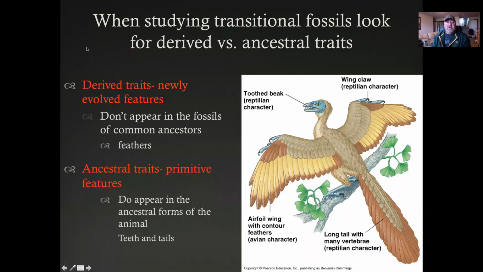So those are what we call transitional fossils, and we're looking at derived versus ancestral traits. Okay, the derived traits are the newly evolving traits. They don't appear in the fossils, but we might see those in newer organisms that we find, or fossils that we find of those organisms. And then there's ancestral traits. Those are the primitive features, okay? Sorry, I'm going kind of fast here, but